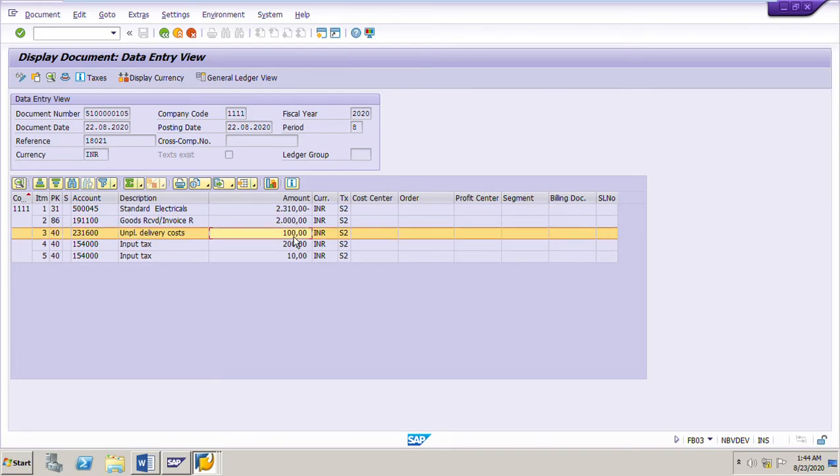This is the unplanned delivery cost 100 rupees, which is updated to the GL account 231600, which we have already done manually. This 200 rupees is the tax for the 2000 rupees of the line item 10, and 10 rupees is the input tax, 10% of the unplanned freight cost of 100 rupees.